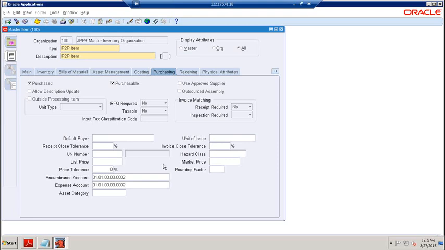For example, now I am giving the estimated price as 50 rupees. 50 rupees is the estimated price, not a fixed price. Actually the price is decided by the supplier. But the inventory people are going to analyze the market and specify the estimated price. Next go to receiving,